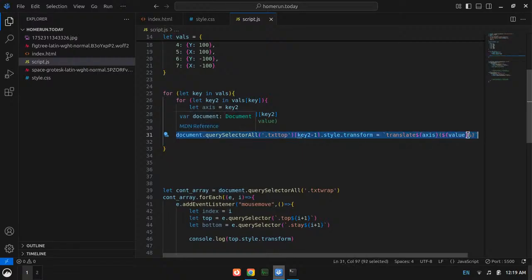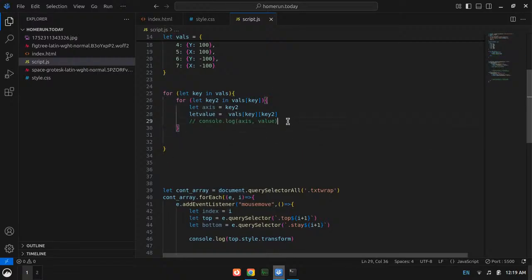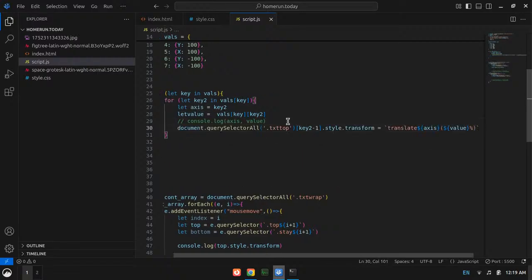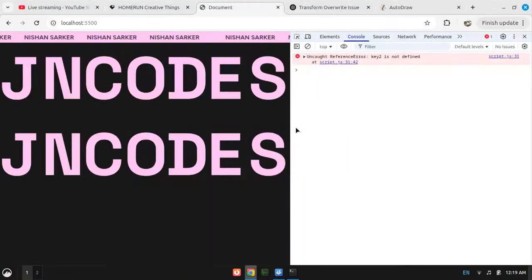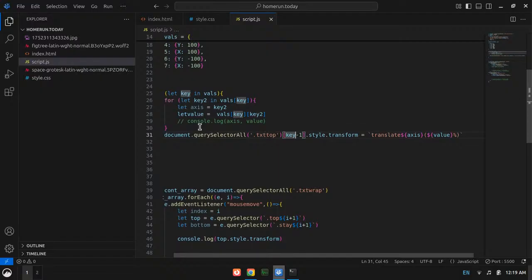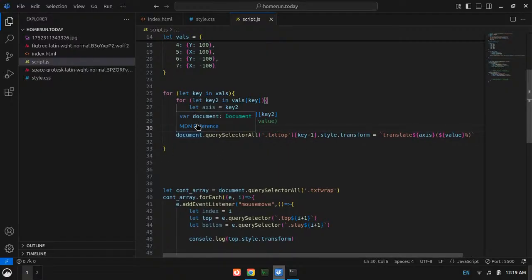Okay, I completely understand now. Not key2, I need key minus 1. I can just undo what I did here, and I can just use key minus 1 and it should work. Axis is not defined.